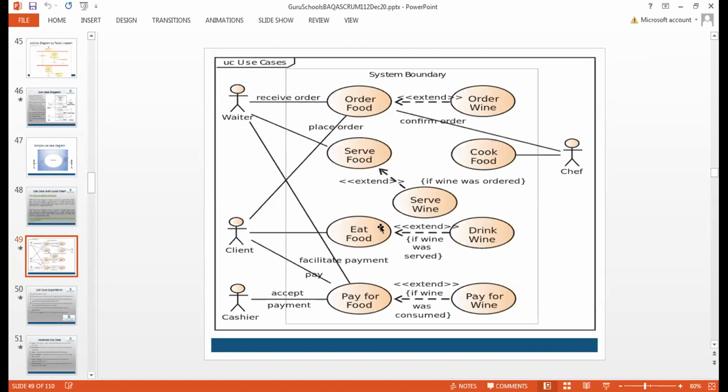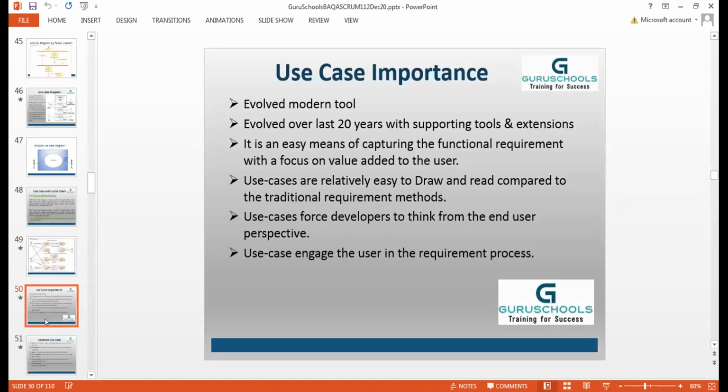There are such diagrams floating around the net which are complicated and which really defeat the purpose, because the use case diagram is a great evolved tool over the last 20-30 years. There is some philosophy, some thought process included in this, and we are trying to present this thought process very clearly. So that's why we had this session of correcting the use case diagram. Just to reiterate the importance, this is really an evolved modern tool. We have really evolved modern software also to support those tools, as we discussed.